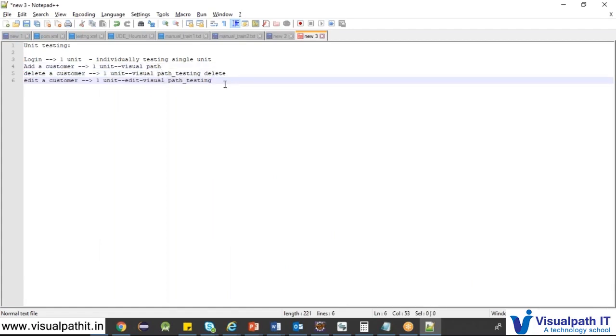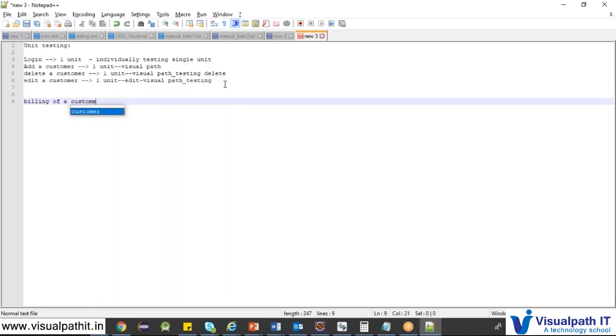testing. There are some other modules, like billing of a customer. This is only one page of the billing of the customer. So in this case, integration testing is not required. There is only one page in the application. I'm just taking it as an example. Billing of a customer, we will leave it. Okay, we take it as the contact us page of an